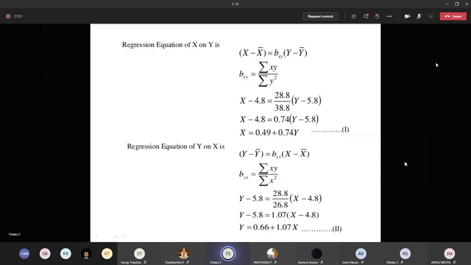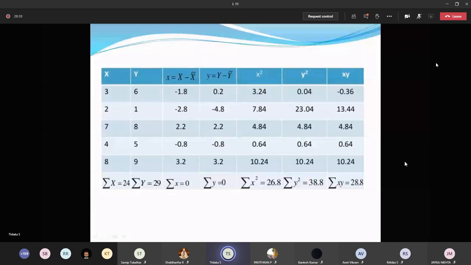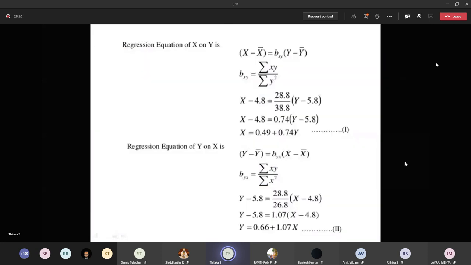Here this is the procedure. So x bar is the value which we have already calculated, it's 4.8, and sigma xy is equal to 28.8, and sigma x squared is 26.8, and sigma y squared is 38.8. We are just substituting the values. So sigma xy is equal to 28.8 and sigma y square is equal to 38.8, and y minus y bar is equal to 5.8. And you have to simplify this, then you will get an equation x is equal to